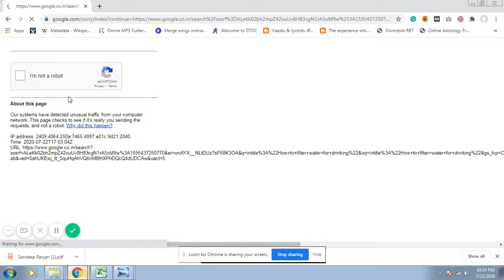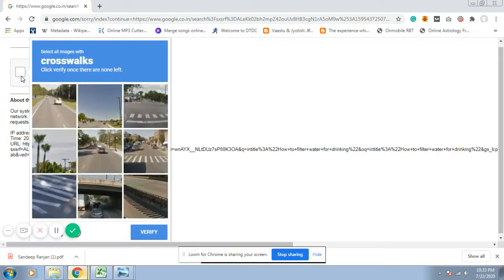Google will ask you for these details because we are doing an exact-match keyword research using in quotes, in URL, and in title. So we simply have to click I am not a robot and check the crosswords.